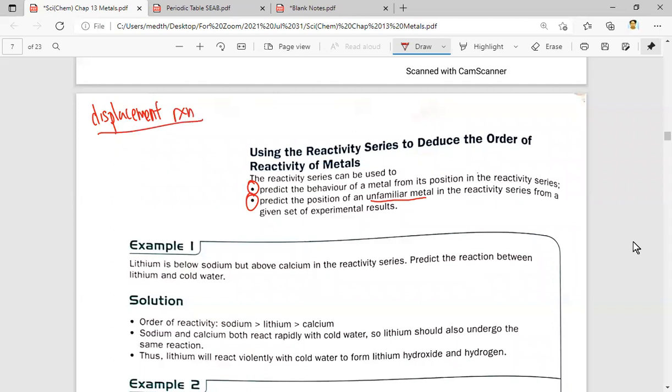So for the displacement reaction, this is the one that I mentioned to you. This is what I also call the sexy reaction. Now, what is this sexy reaction about, for those of you who are not so clear in terms of the displacement reaction? Take note, the key idea here is a more reactive metal